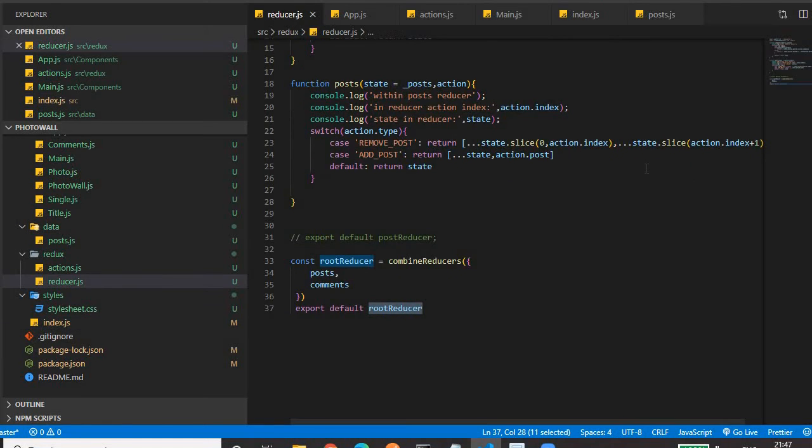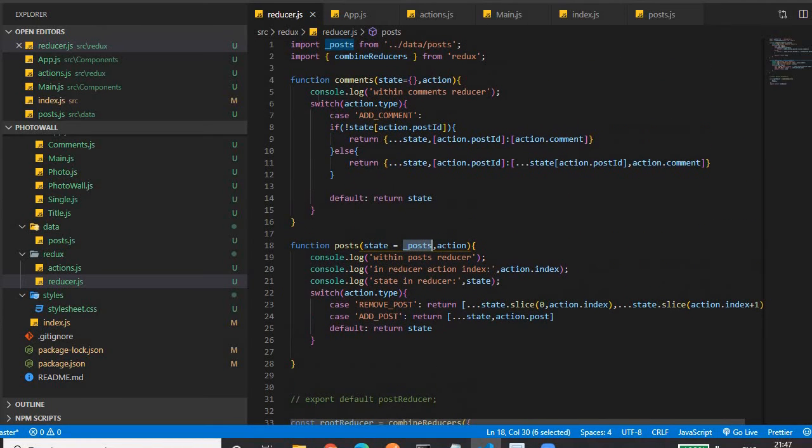If you see in the reducer, for the post state we have a hard-coded array of posts. So when our page loads, in the store you will find an array of posts. Then for the comment state, we have an empty object. So when our page loads, you will find the comment state is an empty object. Whatever value we have provided here will be the initialized value for that state when the page loads. We'll see how that state looks using the dev tools.